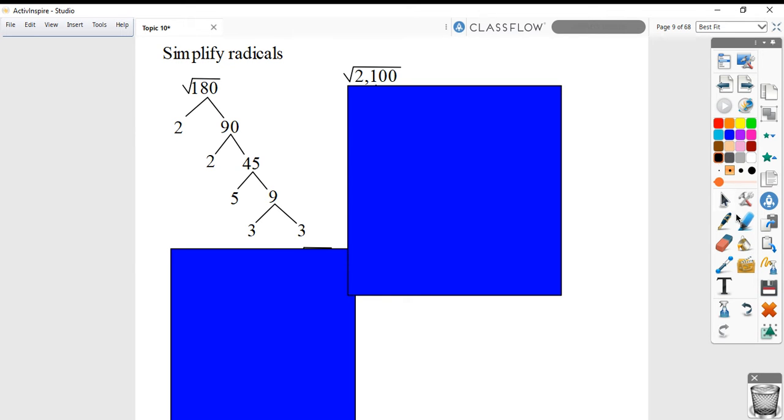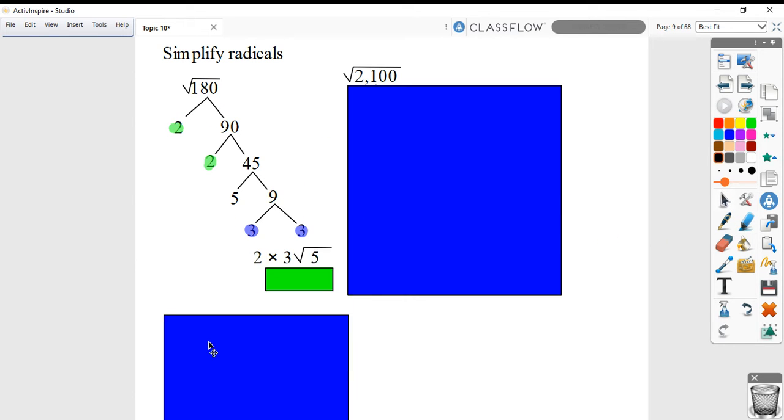Now, what we can see is that we've got a pair of 2's right there, and we've also got a pair of 3's right there. So a 2 and a 3 are going to be out in front of our radical, just like that. We're going to have 2 times 3, but this 5 is going to have to stay inside of the radical. Doing that quick math, 2 times 3,